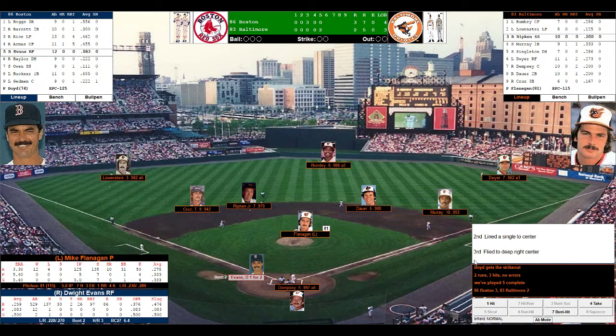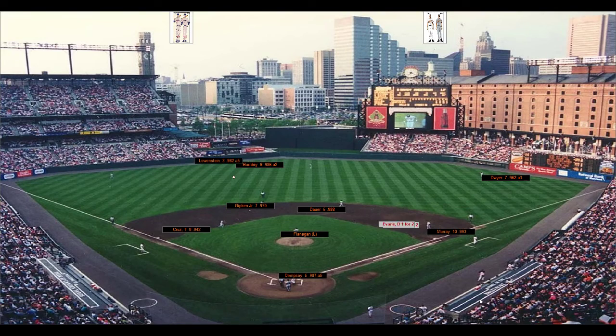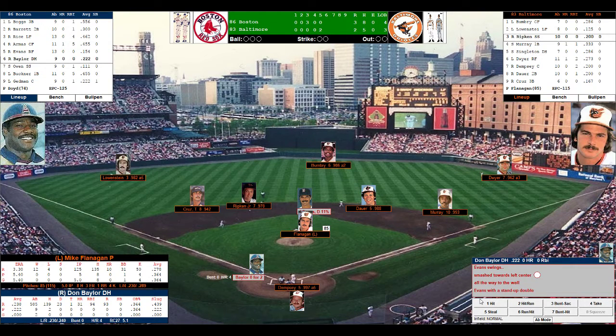And then he flied deep to right center in the third. Flanagan has gotten a sort of reprieve from the governor. His team has scored 2 runs and brought him back into this ball game. He's up to 81 pitches, good for 115. The UMass product toes the rubber, looks in at Dempsey. Here's the pitch to Evans. And Evans doubles to left center field.